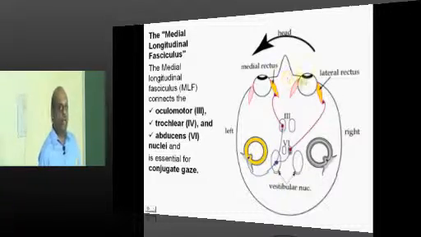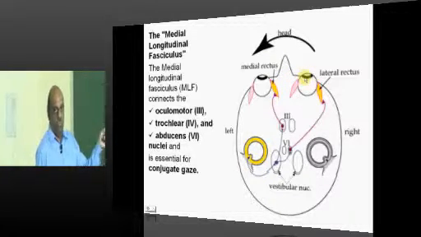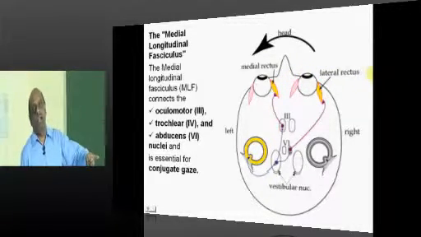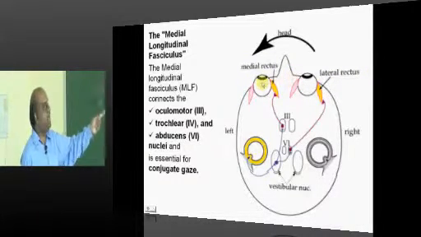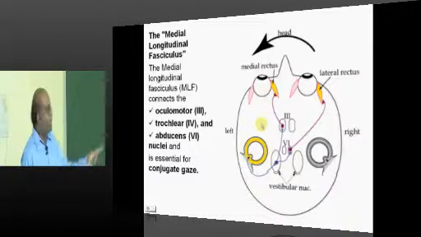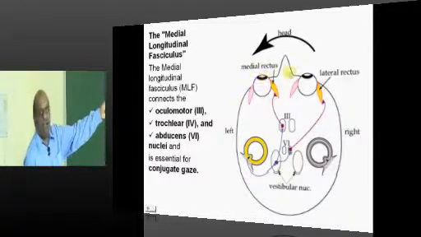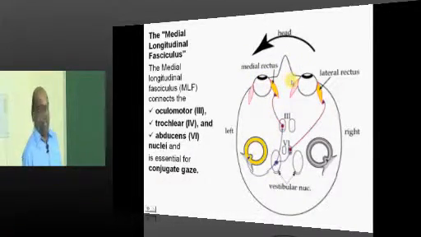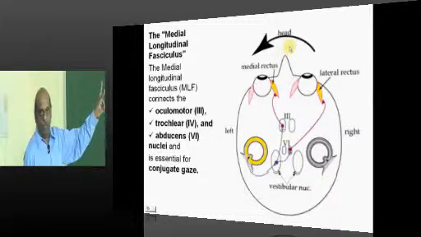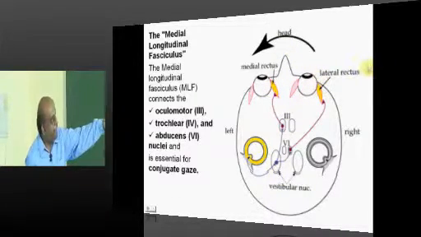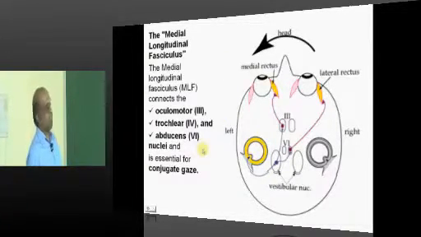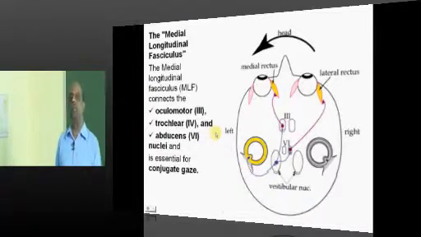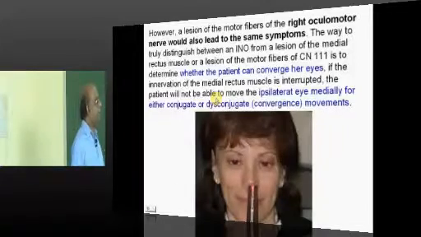So what do you have here, Doctor? Whenever abduction is initiated, adduction in the contralateral eye is not initiated, and there is a lag because of the MLF lesion on the side where adductor lag is there. When adductor lag is there, there is a diplopia which will stimulate the abducting eye to once more come back, and that elicits a nystagmus in the abducting eye. So that is basically called internuclear ophthalmoplegia, is what needs to be remembered.